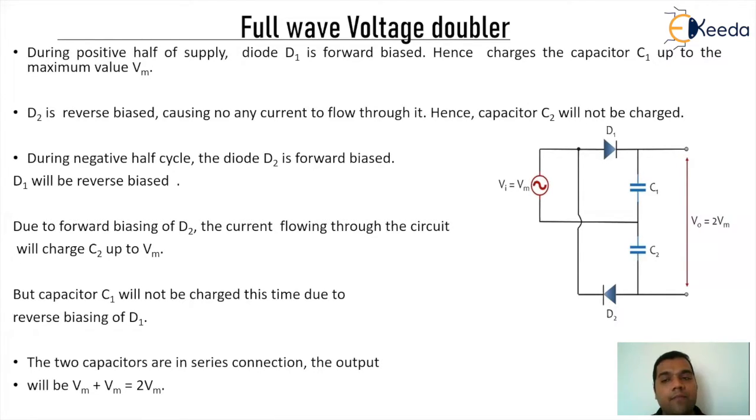At the same time, when I see the status of diode D2, it will be reversed. And since it is reversed, it will work like an open switch. So nothing will happen to the capacitor C2. It's as good as only the input source, diode D1 and C1 are present in the circuitry. Whereas due to open circuit effect of diode D2, it's as good as D2 C2 combination doesn't exist.